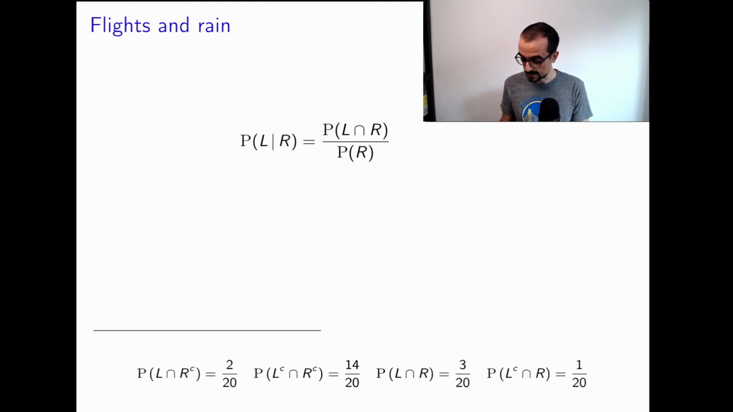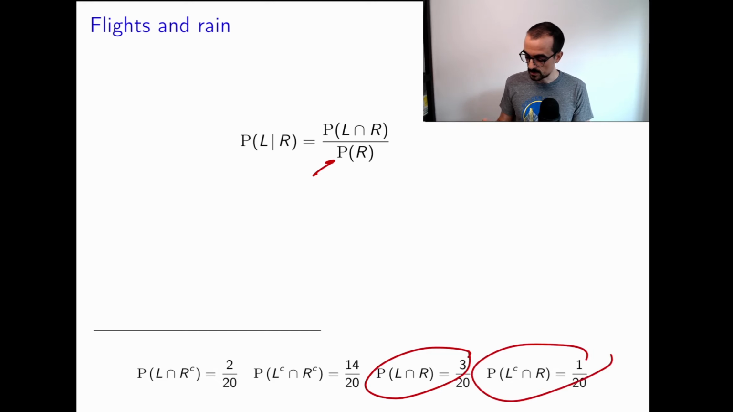We actually have everything that we need, right? Because we have the probability of the intersection, and in order to compute the probability of R, we again express R as the union of R intersection L, so this guy again, and R intersection L complement. Okay, we add those guys up,